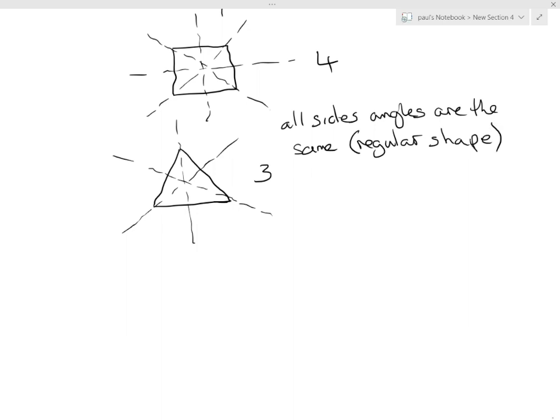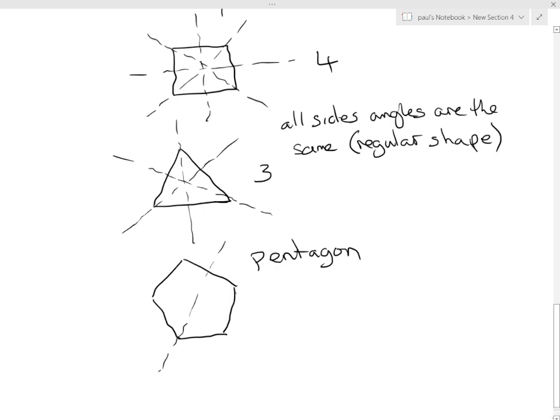And when they're not the same, it's an irregular shape. Now, a regular shape has the same number of lines of symmetry as it has sides. So a three-sided shape that's regular has three lines of symmetry. The square, the four-sided shape, has four. And if we make a best effort to draw a pentagon, and this would be regular, so all the sides will be the same,